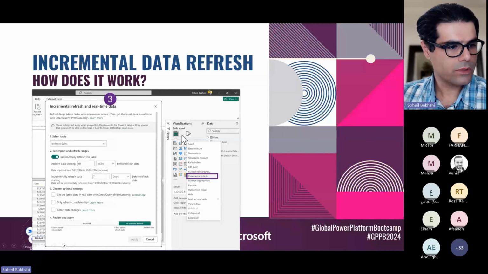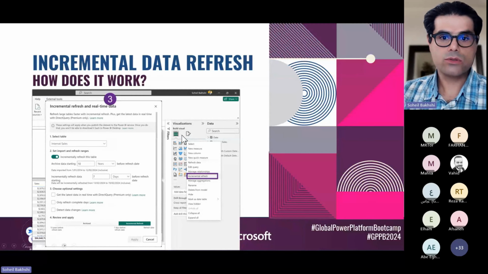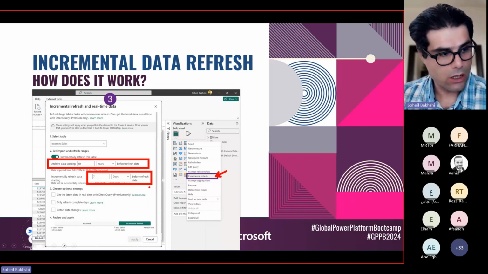And the third step is to load the data into the data model. Now I have all of my data loaded into the data model. I right-click on the table, which is Internet Sales, and I select Incremental Refresh. This is where we define our incremental refresh policies, right? So I say I want to keep 10 years of data. This 10 years of data is my historical range, and refresh only 7 days of data incrementally. So again, it picks the last 7 days of data, truncates each partition, and reloads those